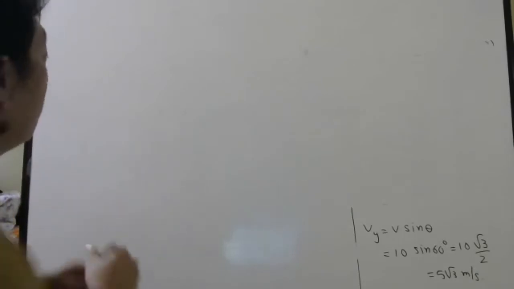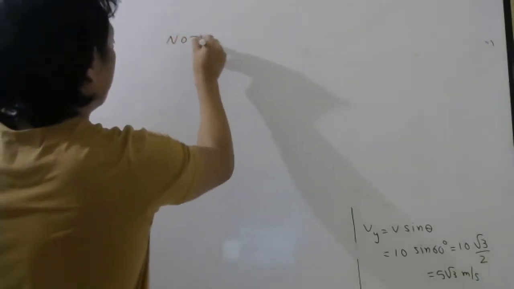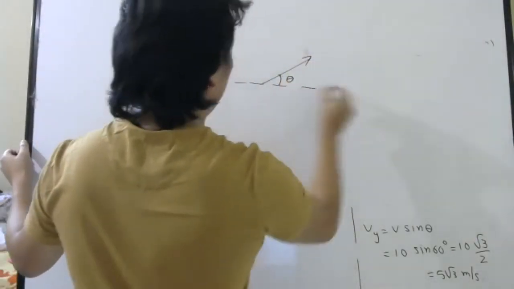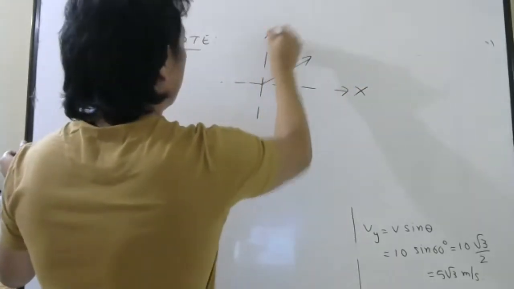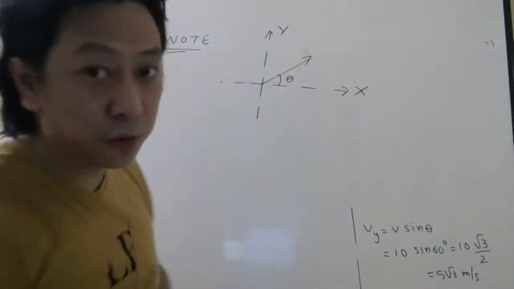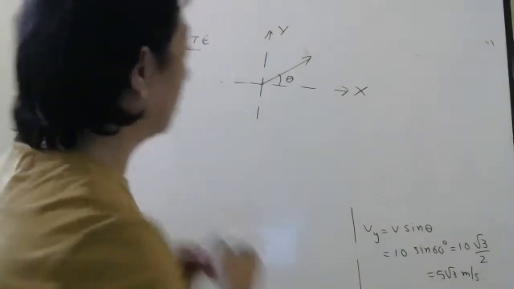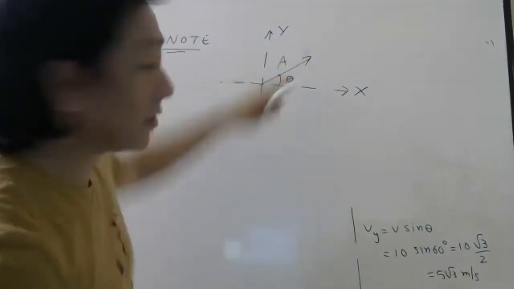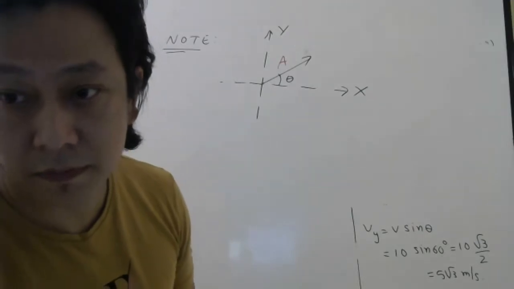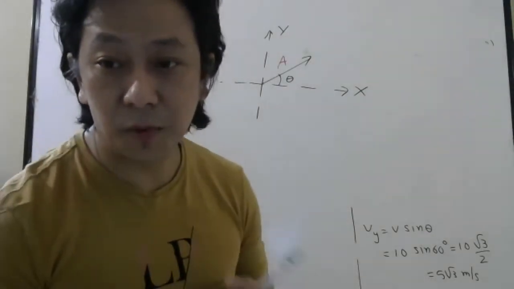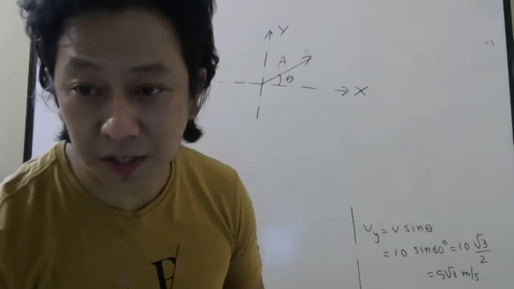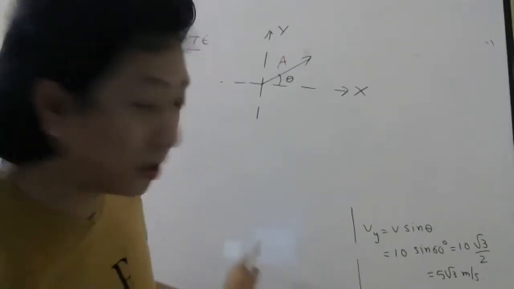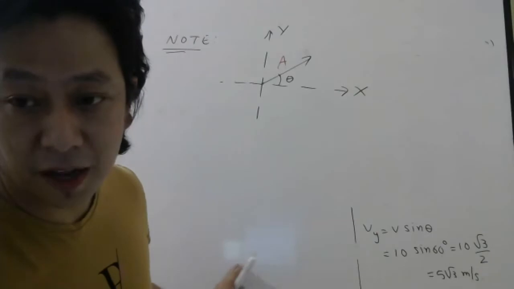So till now, what we have learned here, please see something important now. Note, whenever a vector makes angle theta with x-axis and y-axis, now you should be able to do faster. So if there is a vector whose magnitude is A and it makes an angle theta, Vx is the x component of velocity. Velocity should be in what units? Meter per second. Vx we already found, 5 meter per second.